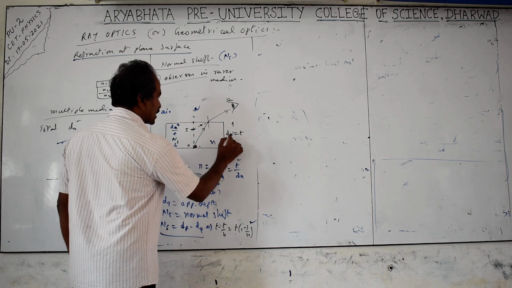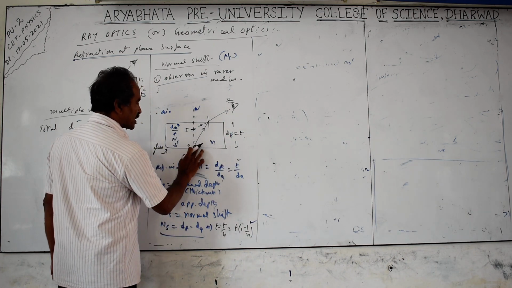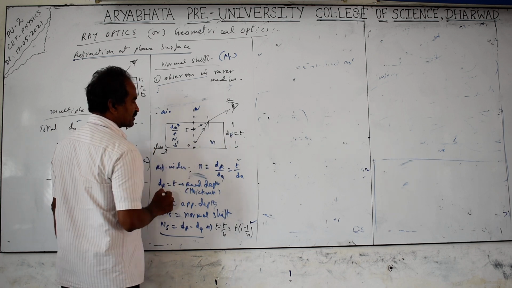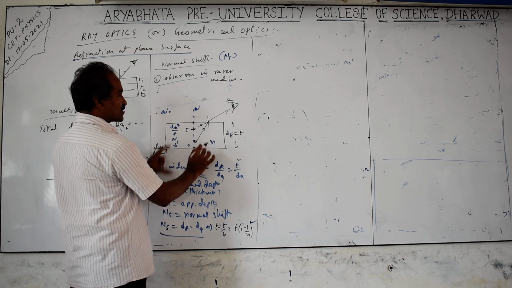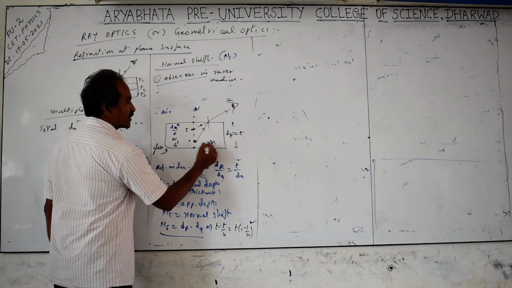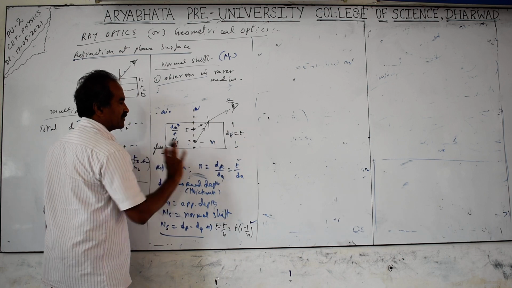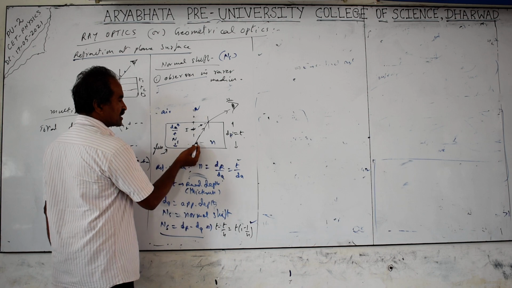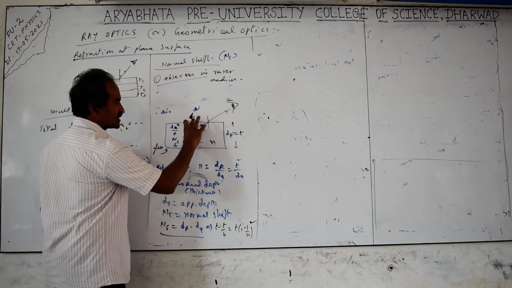Here I told you the real depth equals the thickness, but that is not always necessary. If a glass block has an air bubble inside, then the real depth is not equal to the thickness. The distance from the surface to where the object is, that is what you need to consider as the real depth. Don't always consider thickness; be careful with the problem. If you are seeing the bottom of the water, the depth itself is the real depth.